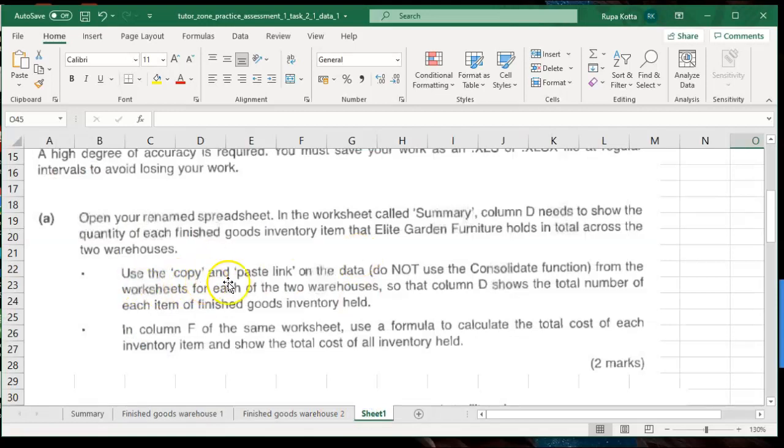Using copy and paste link on the data, not the consolidate function. We have not learned the consolidate function. I will show you this one day when we are in the classes. But here they want to use copy paste link. Okay, using copy paste link on the data from the worksheets